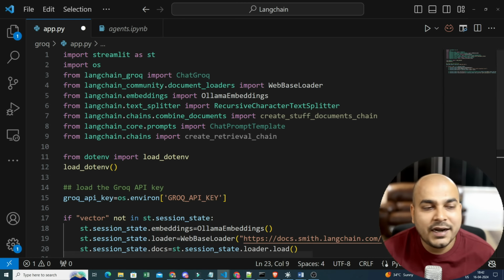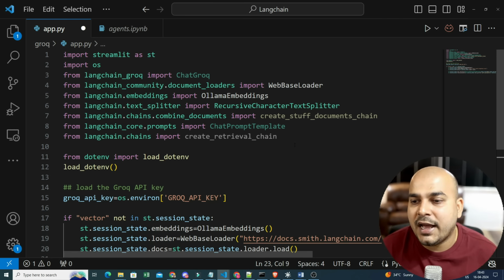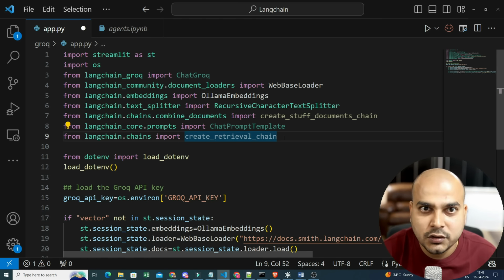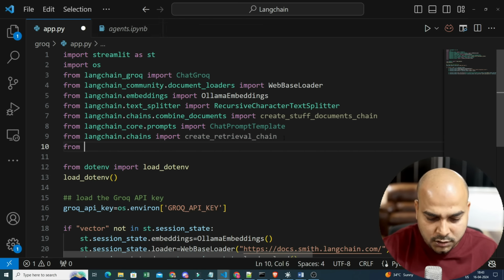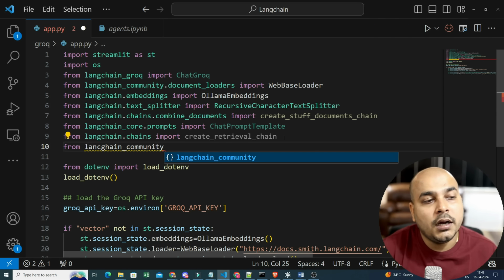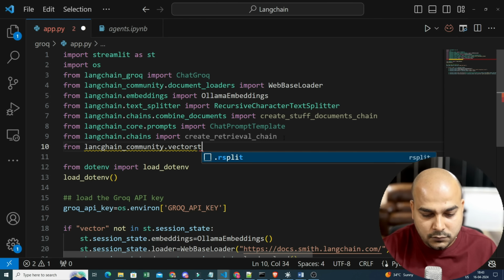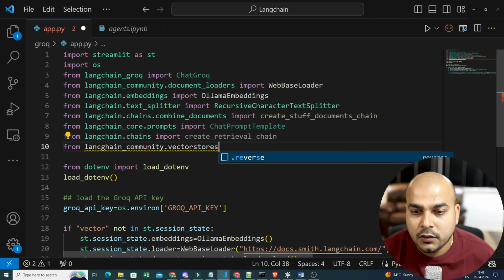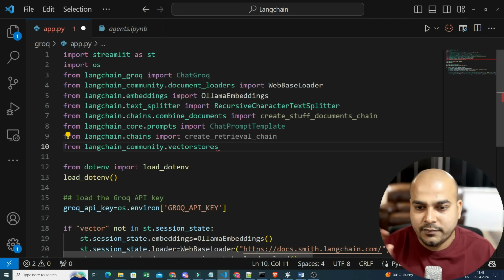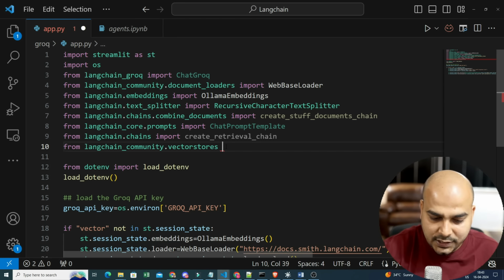Now the next thing I need to do, after getting all the documents, is convert them into vectors and store them in a vector store. So from langchain underscore community, inside this community I'm going to use vector stores. Langchain, all the time C will be coming before G. So how many of you are also making the same mistake like me? So from this one, I'm going to import